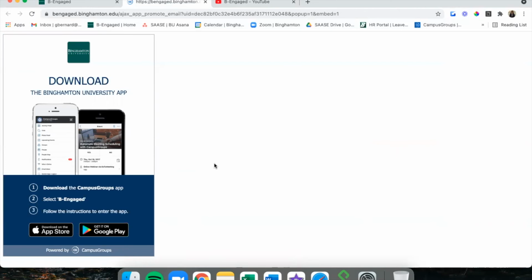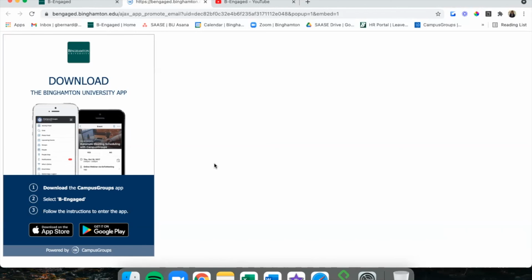The app has 2 sides to it. So if you're a student user, you can utilize the app, explore events coming up, explore your co-curricular transcript, check into events. You can do a lot of things with the app on the user side of things. On the officer side of things, you can do even more. You can edit your events. You can find your group easily and add members. You can check people into your events. You can check to see who read your emails that you sent out via Be Engaged, check those stats like we talked about. You can check different surveys that you've sent out and send those links to people.